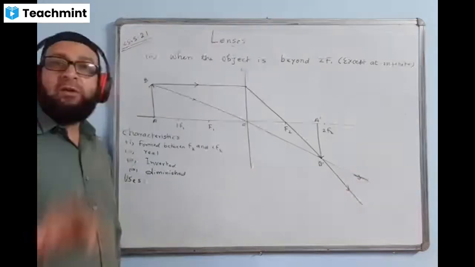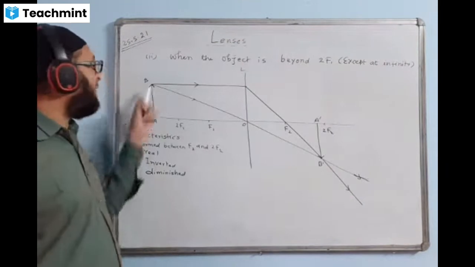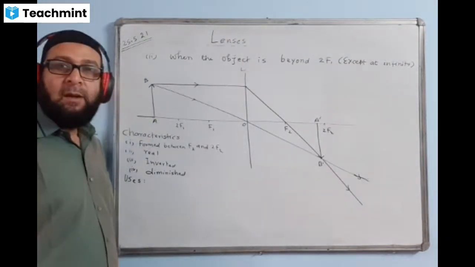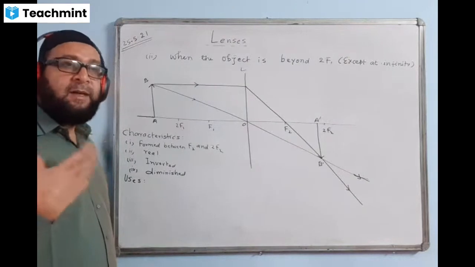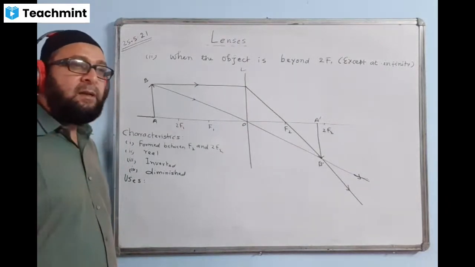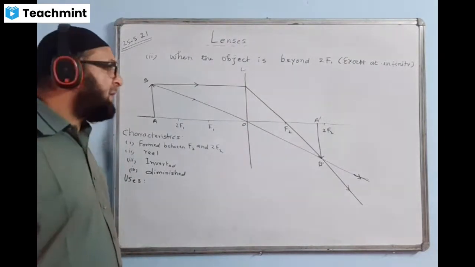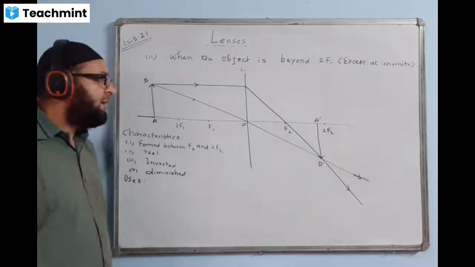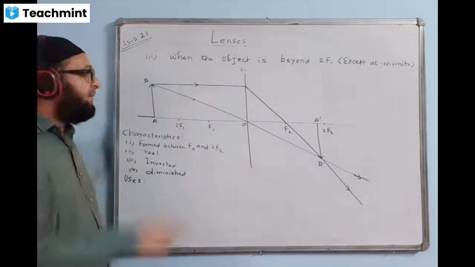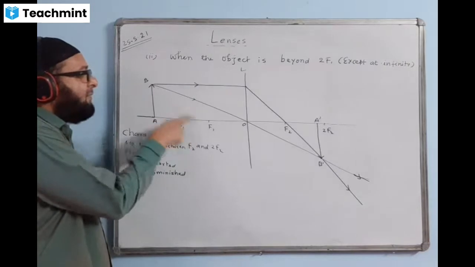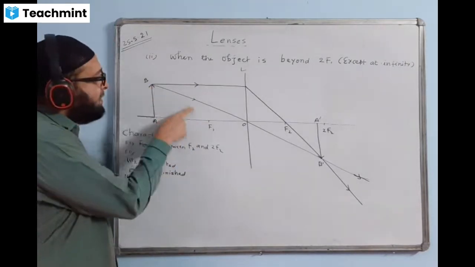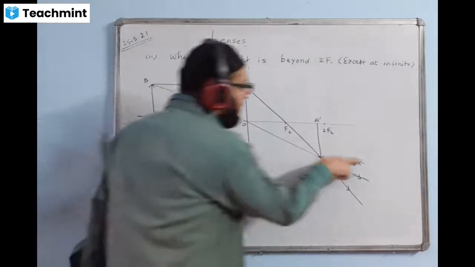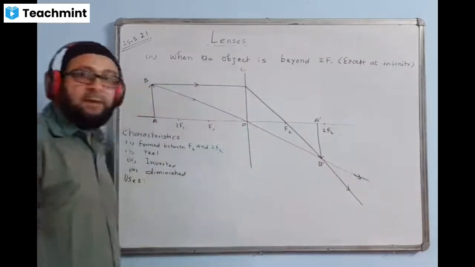If they ask you to draw three standard rays starting from the point B to form the image, how do you take the third ray? In every case, if three rays are demanded, the other two rays are good enough. If the third ray is demanded, how do we take it? The third ray will be taken from F1, the auxiliary focus. The third ray will come this way, and it will become parallel to the principal axis.